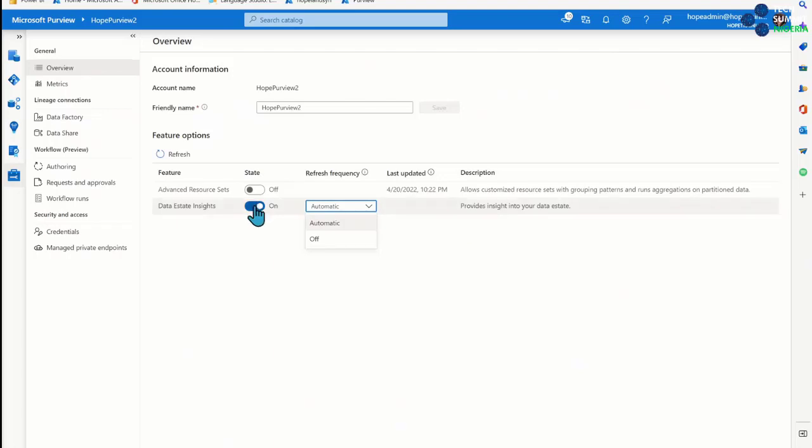Just make sure that if you turn it all the way off, that view that I showed goes away. If you just turn off the refresh, it may have run and it may have stale data, but you still get access to that dashboard. It won't be a blank situation for you.